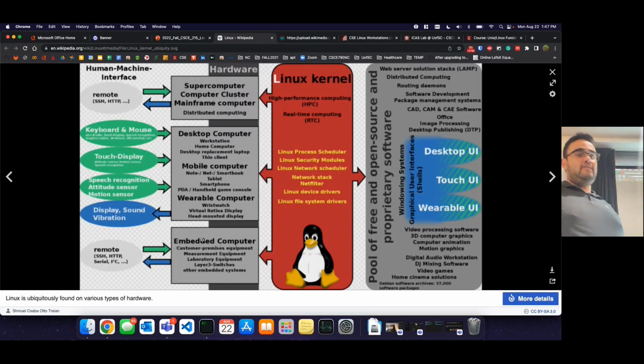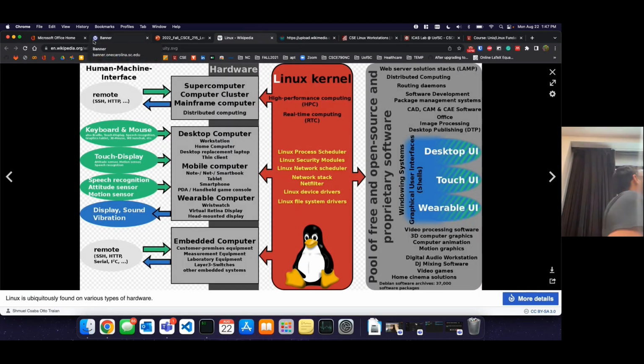And then we get to the point of how all the Linux-based operating systems are similar. The biggest thing when I was an undergrad learning this is I was confused about what the kernel was, what the shell was, and how they were different. This gives you an idea of how your Linux operating system works. It has your hardware and resources, human interfaces and hardware, all these things, and then they go through the Linux kernel.